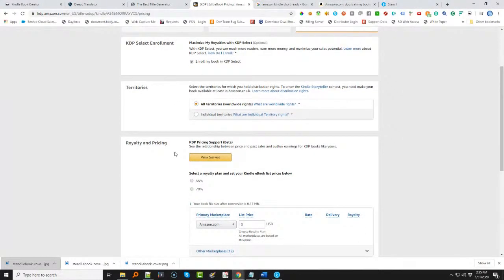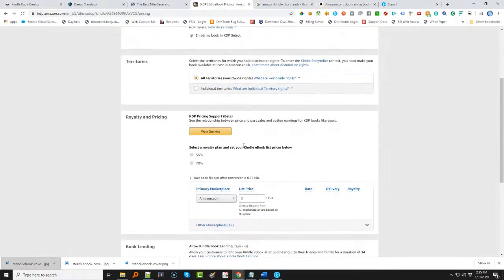Keep that in mind. KDP pricing support beta. I'm going to be honest with you, this is the first time I'm seeing this at this point in time. I'm going to skip over this until I can learn a little bit more about it, just FYI. This is a change that they've just been bringing out. What I'm going to look at is the royalty plan. If you choose 35%, which doesn't sound like a lot,